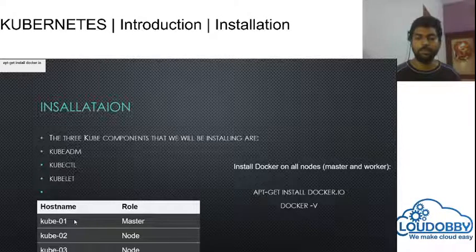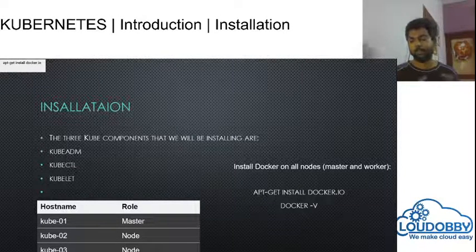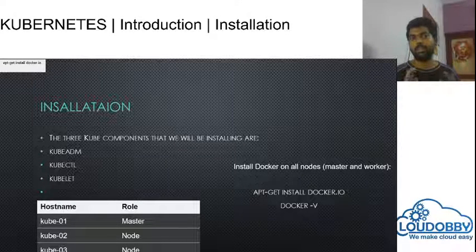And we're going to simulate three systems, three host physical machines, cube1, cube2, cube3. One is going to be the master, the other two are going to be the nodes. Just for the role, all three are going to have the same set of tools installed, but one key difference is that cube1, the master, when any pod is created, will handle it and give the network IP, whatever is required.